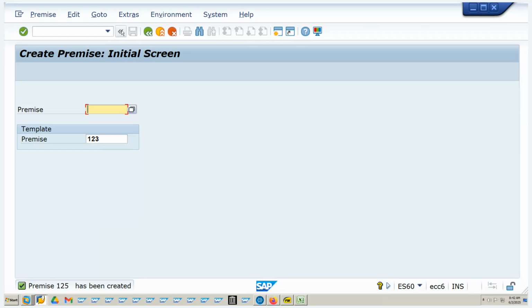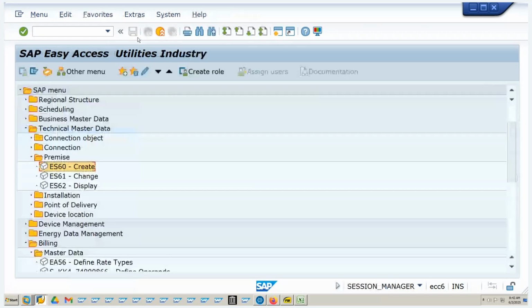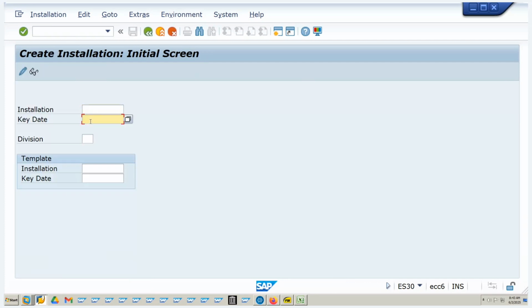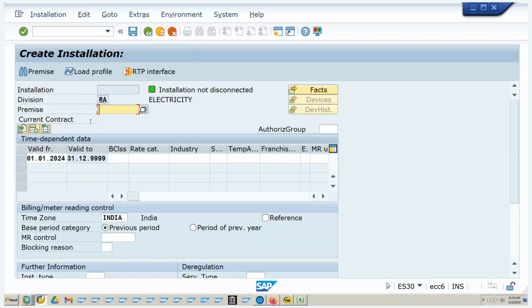Now I can create the installation available from 1st of January 2024, but moving will be done in November or something. So what I will do, I'll go and create a backdated installation to ES30. Key date I'll say 01/01/2024 and division is RA. Premise I'll say 125